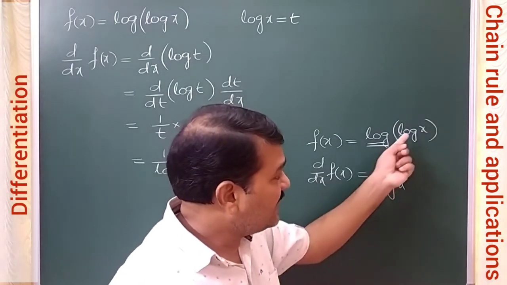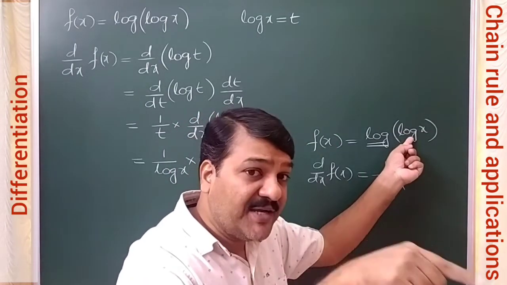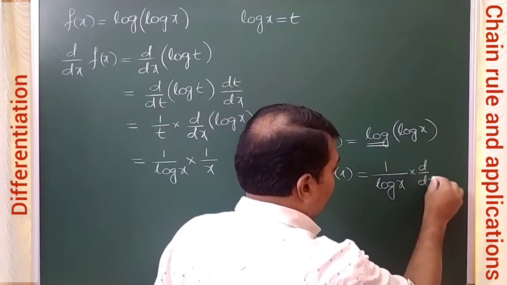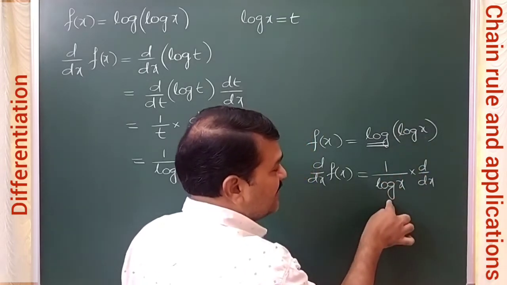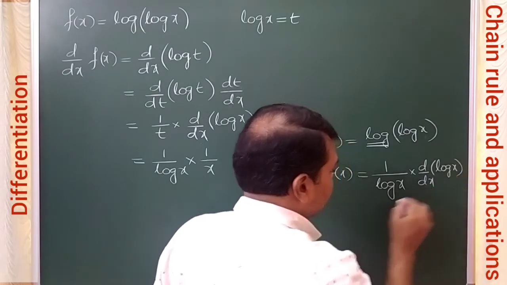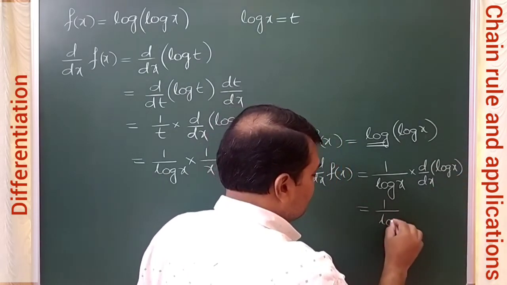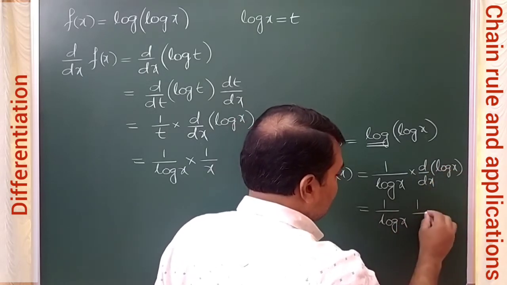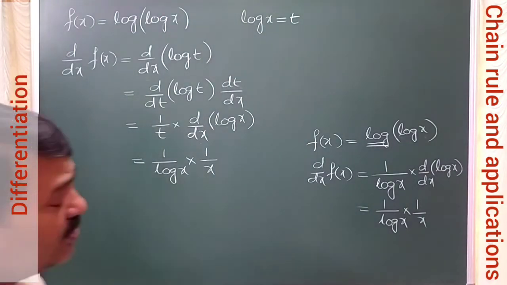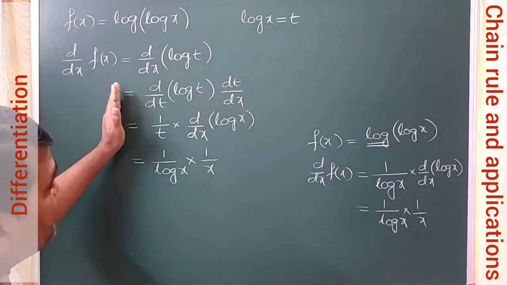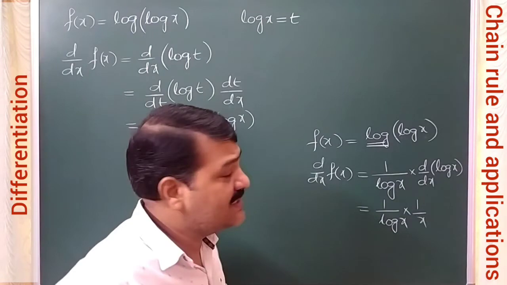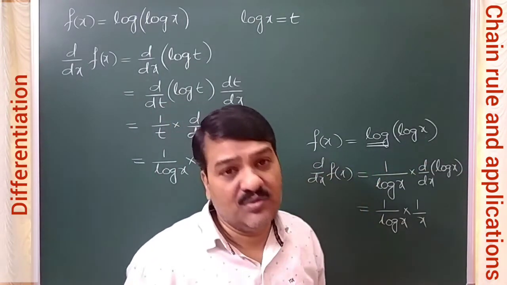Therefore, whatever value we are assuming to be x, that derivative you have to write again. So into, in place of x, what you have for application of this formula? Log x, no? So into derivative of log x you have to write. So therefore 1 by log x into derivative of log x means 1 by x. This is a different approach, a different approach of chain rule. Here we are using the standard process by taking the function as t and proceeding. This is direct. By understanding the mechanism, directly we are doing.